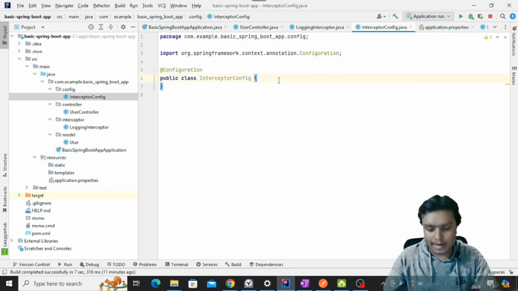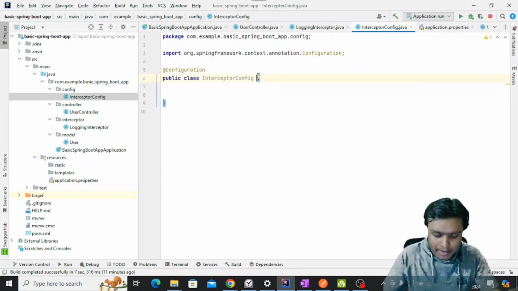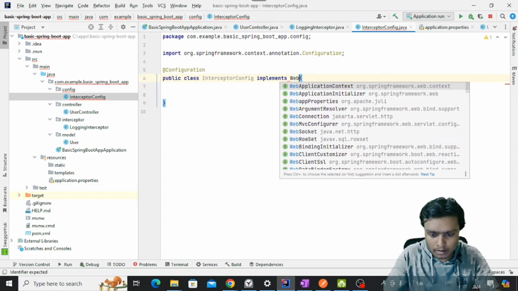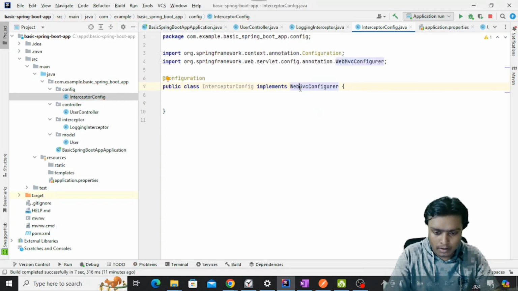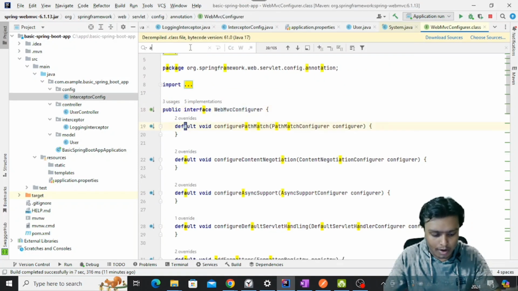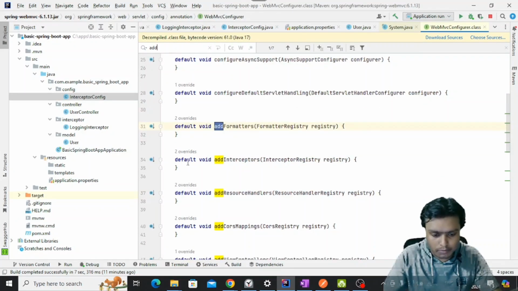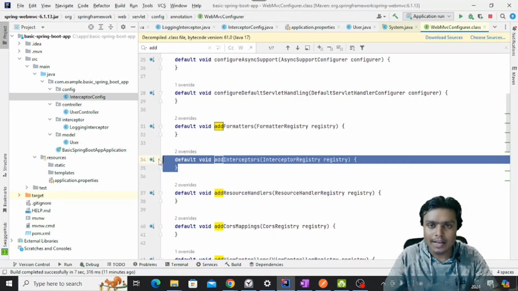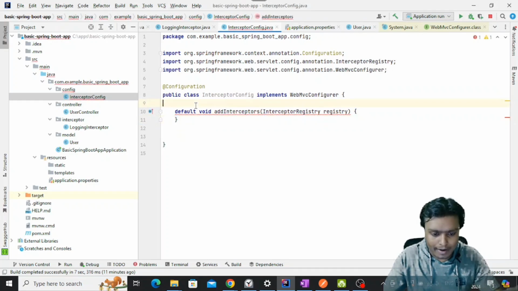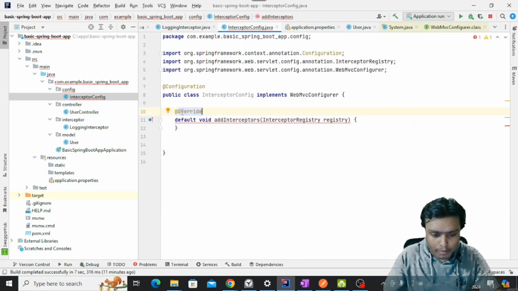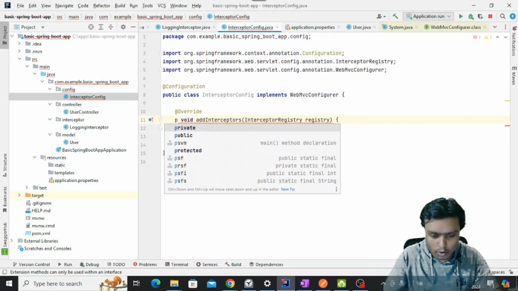This class will implement an interface called WebMvcConfigurer, and in this interface there is a method called addInterceptors, which will help us register the interceptor we have created. So let's go back to our configuration class, and I will override this method, again providing the @Override annotation and changing default to public.